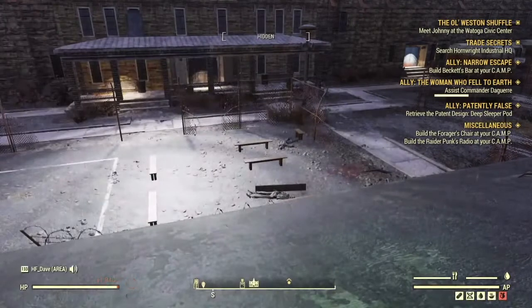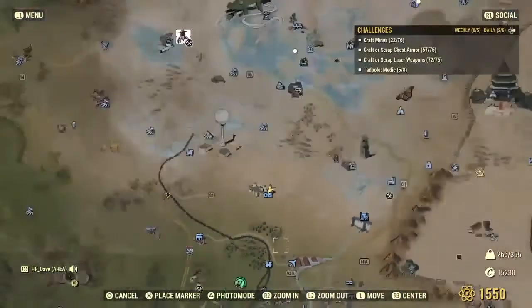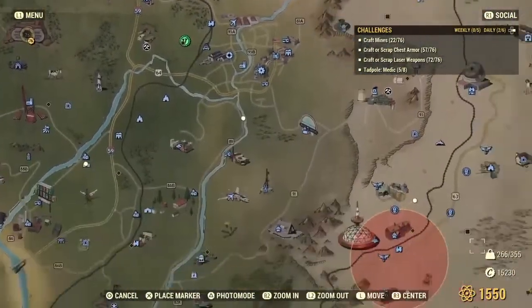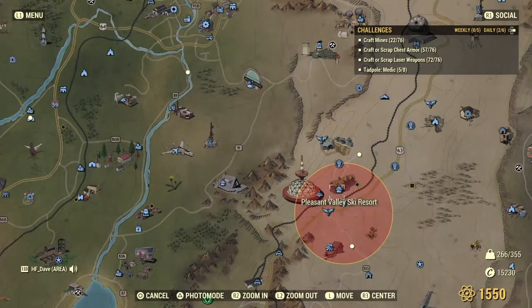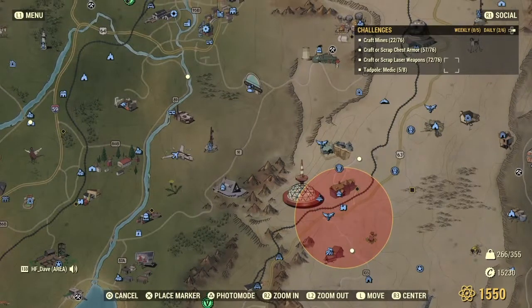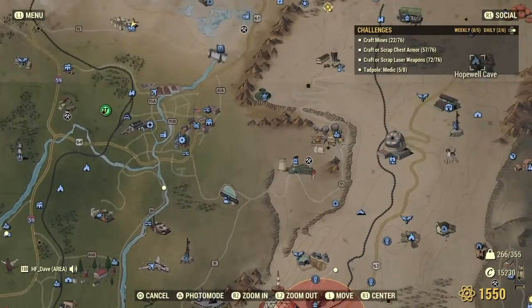Okay, so there's only one other area that would be worthwhile showing you, but I don't know if the nuke has disappeared. No, it's still there. And it is right here. You can find a little bit of lead in the courtyard. And then if you have achieved the rank of General,